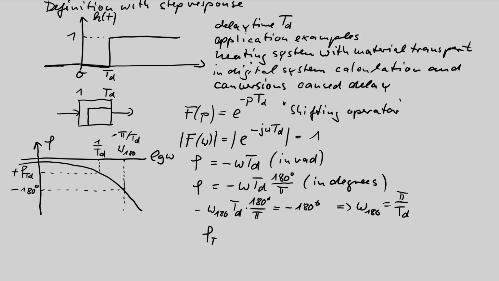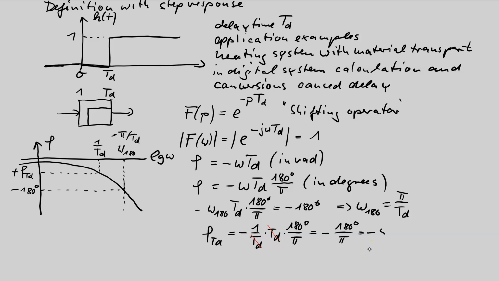It is negative, at the frequency where omega is 1 over Td, so omega is 1 over Td times Td times 180 degrees divided by pi. This is independent of Td, it is negative 180 divided by pi, and this value, I have to calculate this quickly,